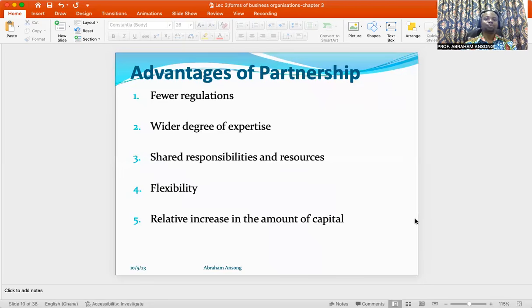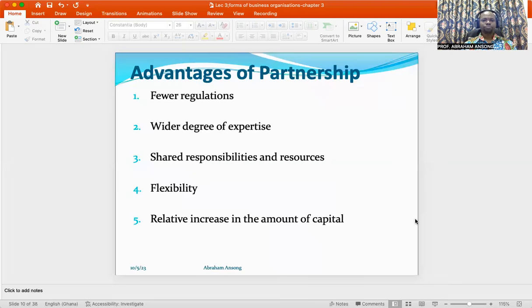All right. So it's not just one person. One person is not responsible for everything. They are partners. Somebody might be good with keeping of accounts. Another is good with marketing. One is good with law. The other is good with IT. All of these resources, this expertise and knowledge, can help them to share the responsibilities of the company instead of just one person handling all of these responsibilities.